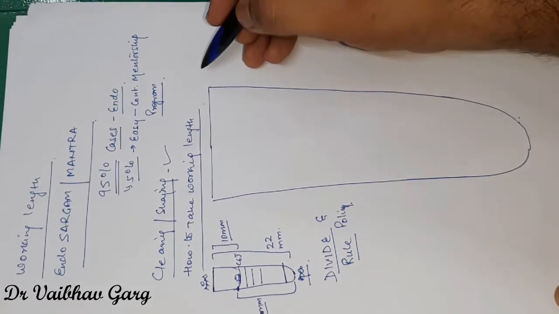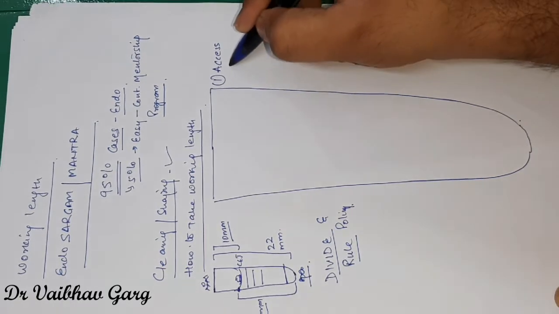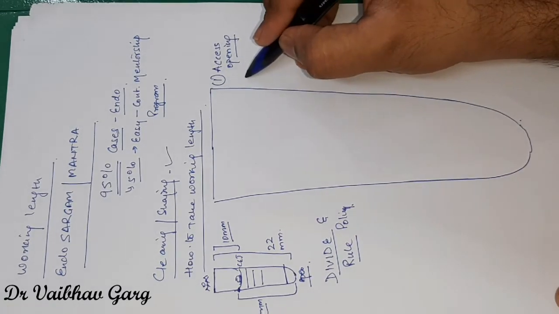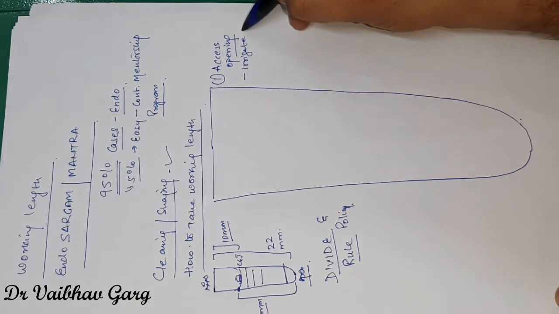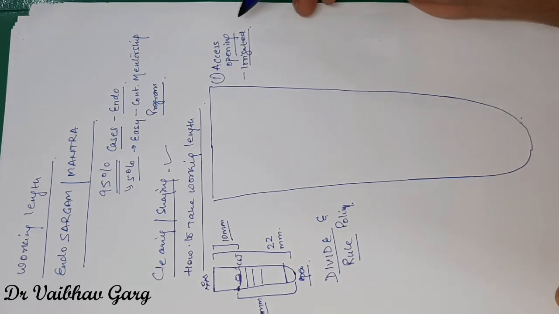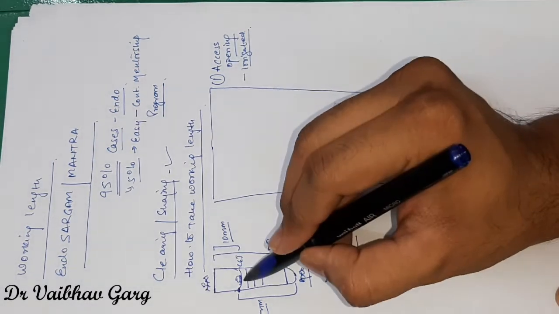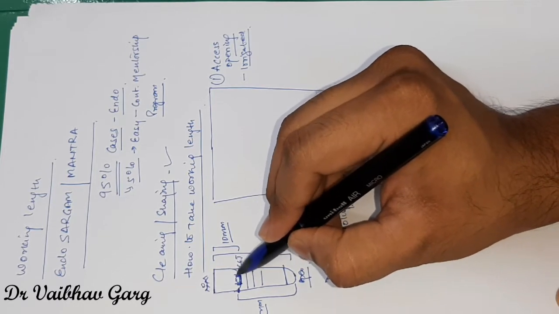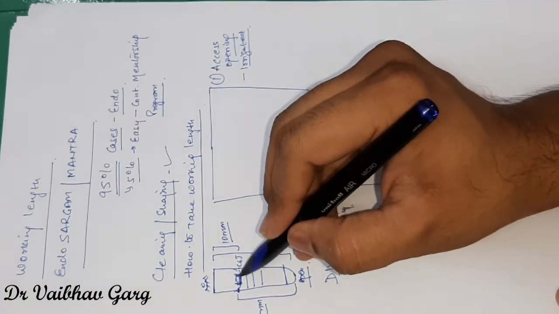The first step is, after the access opening is over, as we have already learned how to do access opening in different teeth, you have to make sure it has been irrigated properly. The entire pulp chamber has been irrigated with sodium hypochlorite, and you are able to visualize the orifice. This orifice is essential. You should be able to localize and visualize this orifice. Once this orifice is seen,